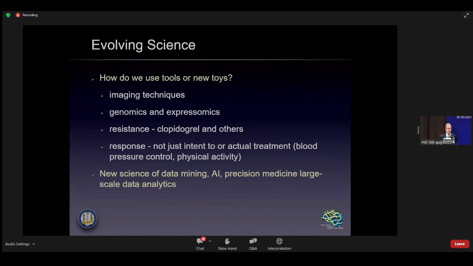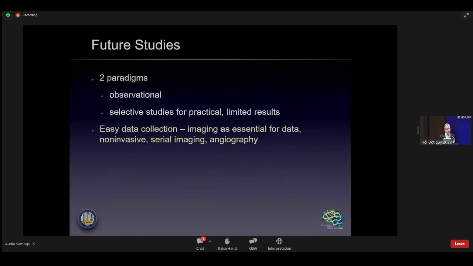Even beyond that, and all the things we can acquire in terms of imaging and serology, even something as simple as blood pressure. We have too much data nowadays. We're swamped with data and we don't even know how to analyze it very easily. So there is this promise of AI and data mining and what we can do in large scale data analytics. I don't think we're necessarily ready to do this in ICAD. We will have a lot of data and we have to think about all these variables. We definitely don't have a limitation in data available anymore.